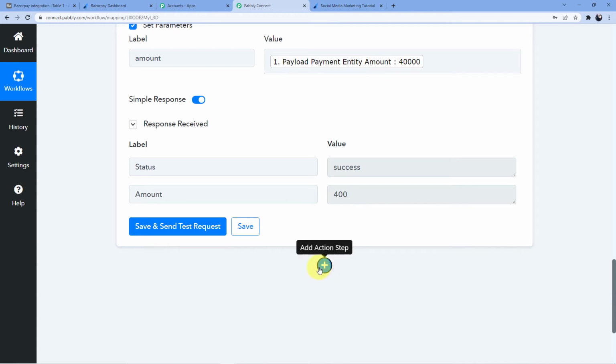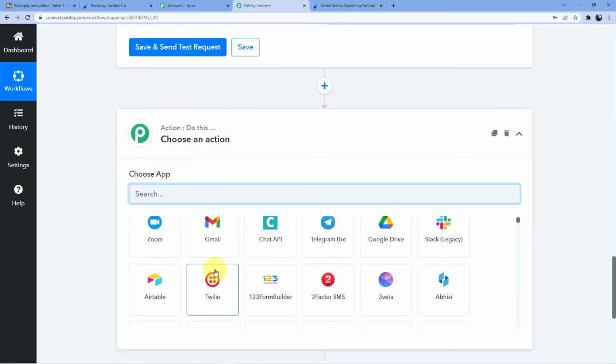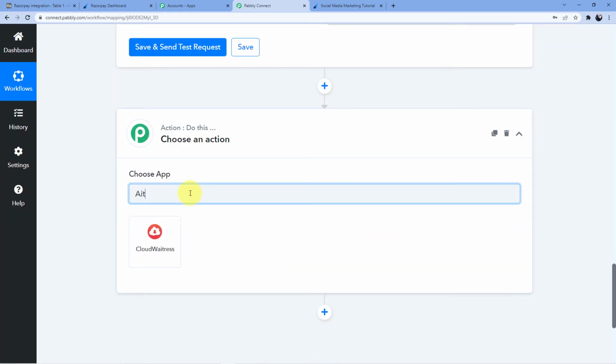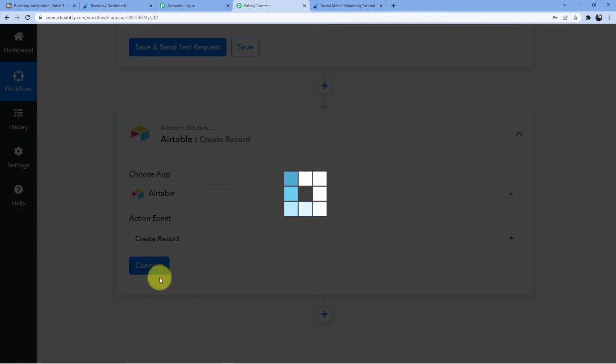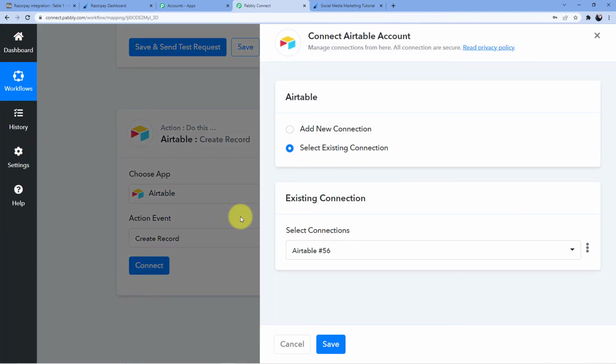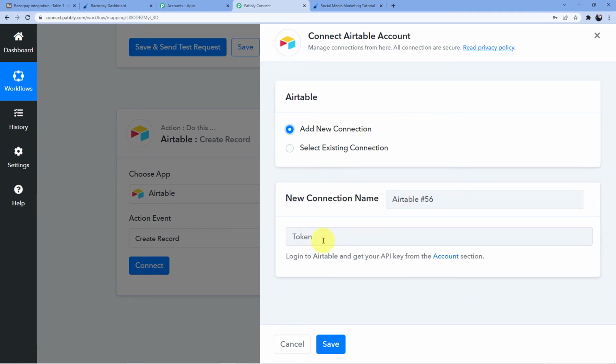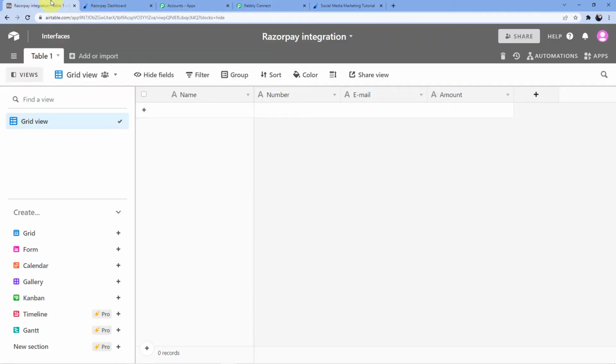Okay. Now what I'm going to do is I am going to connect my Airtable account to my Pabbly Connect account so that whenever new data has been received from Razorpay, that data will automatically be sent to the Airtable database. Okay. So add new connection. And how you are going to add it?